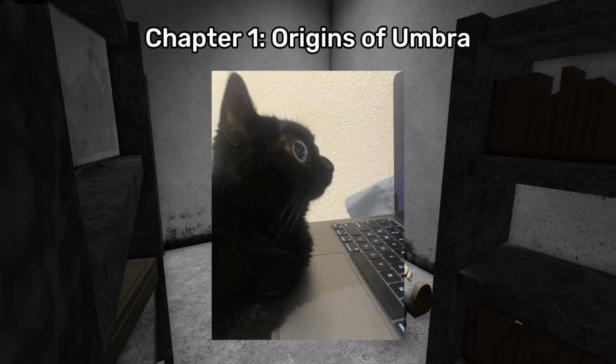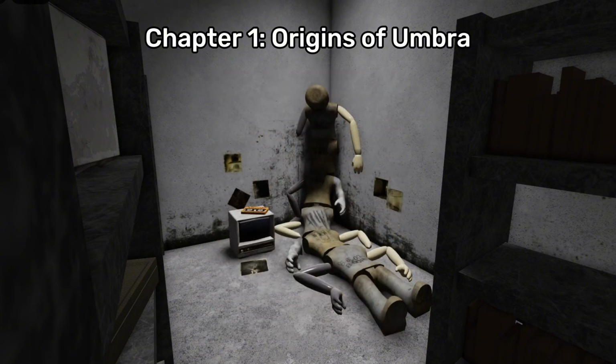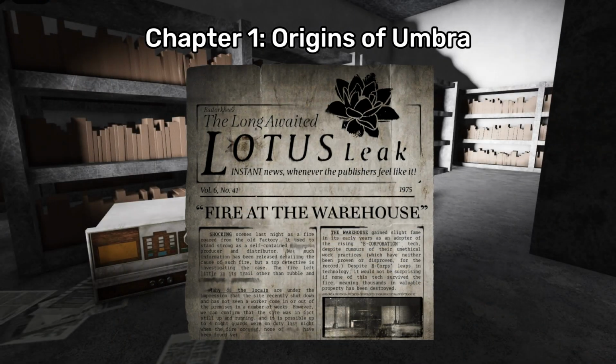Not long after, a containment breach happened, and things went horribly wrong. B Corp attempted to cover up the true nature of the experiments. However, rumors still circulate among scientists that the Penumbra mannequins began to work together to serve a source entity, almost like a hive. B Corp was forced to burn down the entirety of the warehouses to contain it, but yet